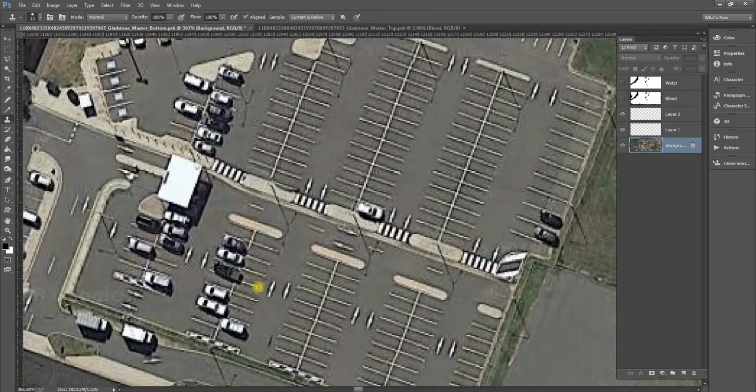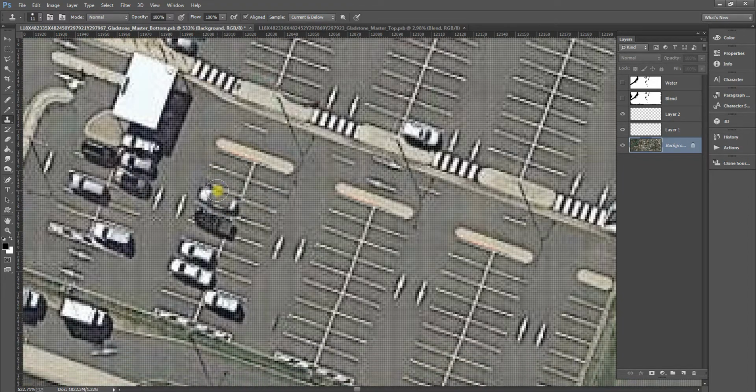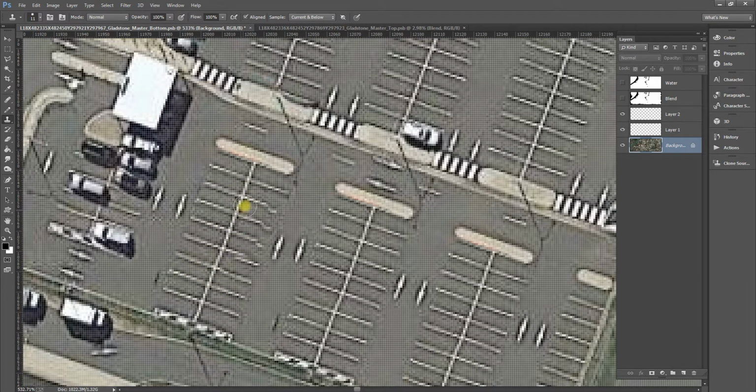You can see I've already done it to the ones above it, and then you go down to this one and match it as best you can to here, which is looking like that, and then these are now going to all vanish. And you've got to do all of them because you've got to match all the lines and so forth. Any blemishes that you get, you can see the lines don't quite line up,